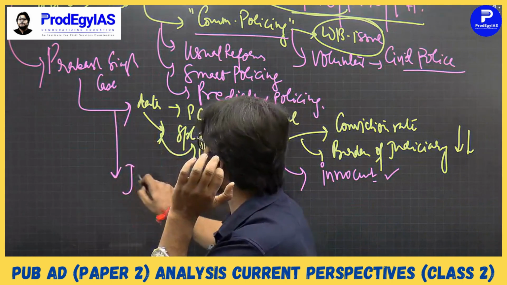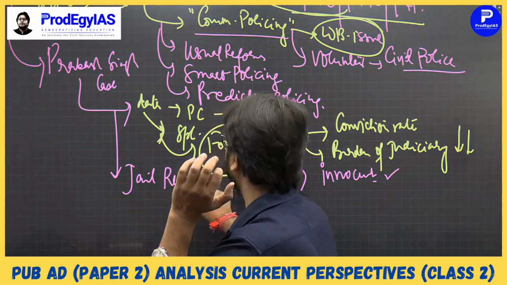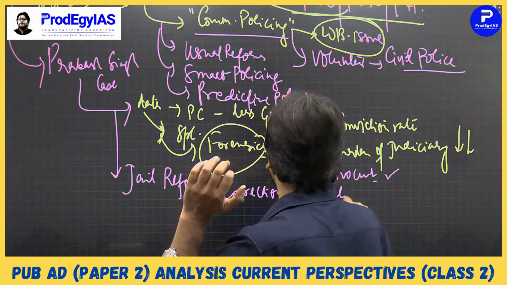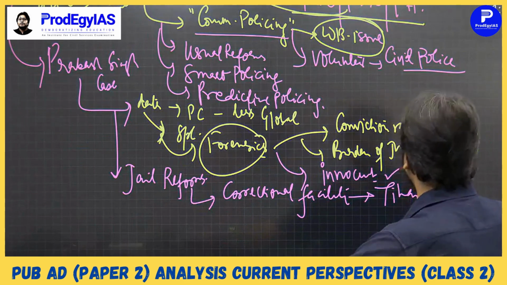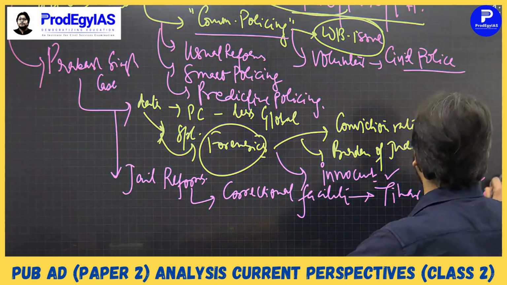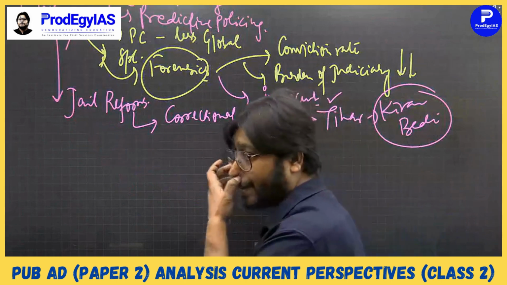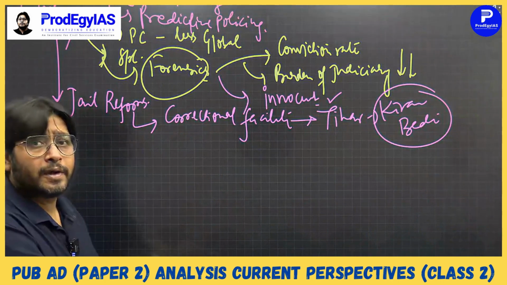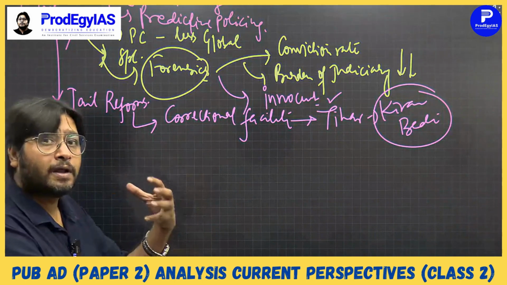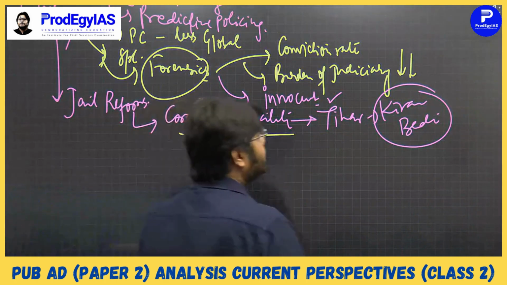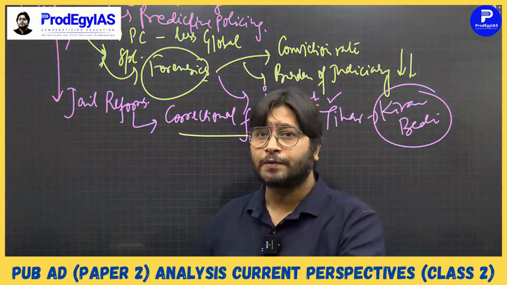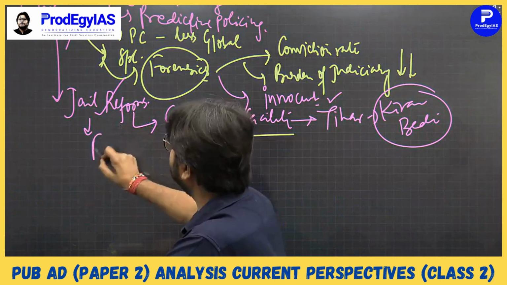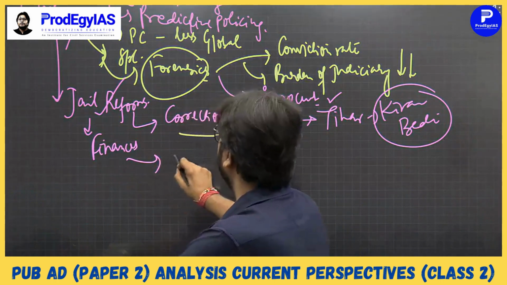Right. Then we need reforms, jail reforms, prison reforms. Right. First, jail should be more of a correctional facility. The example can be given of Tihar, how Kiran Bedi, right? And there are many other jails, right? In India, there were certain examples where the prison heads have reformed the jails to become more of a reform facility than a punishment facility, right? But we have a problem: we are an adversarial system, we want to punish people. So jail reforms, fine, especially upgradation of jails, right, finances,